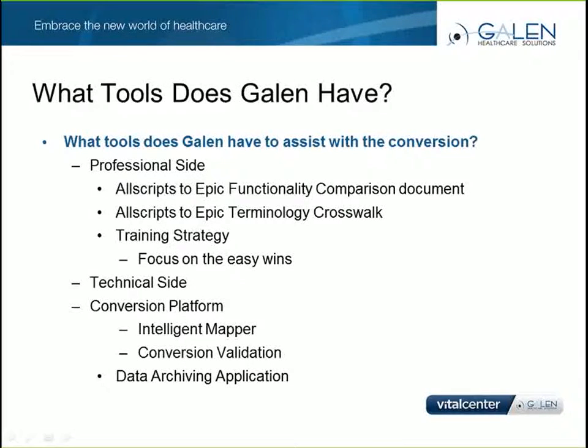Great, thanks, Julia. So on the technical side, like I said, we made a lot of investment in IP to facilitate safe, automatic transfer of data, and efficient, for that matter, transfer of data from Allscripts to Epic. That consists of an intelligent mapper. That intelligent mapper leverages Soundex functionality. The U.S. Census Bureau utilized this functionality in order to identify people with misspelled names, identifying duplicates. And we leverage that same functionality to map between the source nomenclature to the target nomenclature and identify for audit to the end validator that the mappings are indeed valid, or if they may need some manual